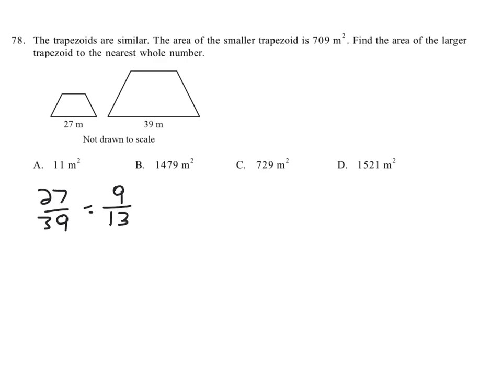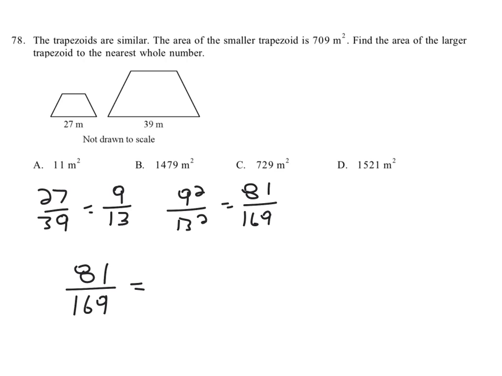So if we square those, then we would say 9 squared over 13 squared equals 81 over 169, and then we will use that ratio and set the actual area that they give us, as they say the smaller is 709. So we're going to set this across from that smaller area ratio to 709. We'll call this x. Now we just cross multiply and get 81x equals 709